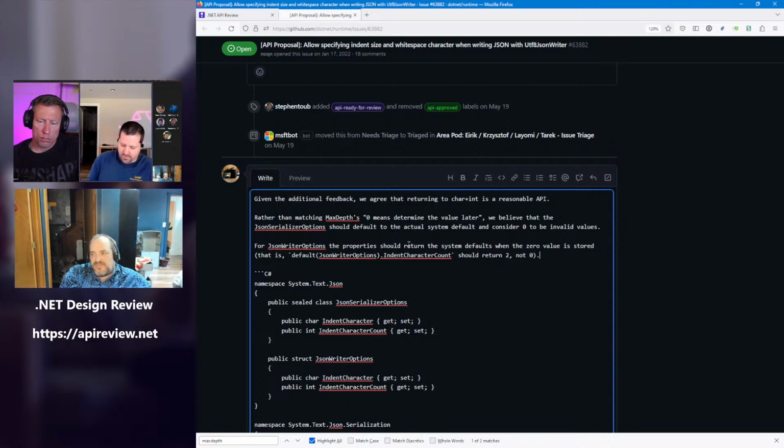So from what I gather, one of the reasons that was seen as bad is because it would be difficult to use span.fill under the covers. And now we would have to say, okay, we're writing out this series of bytes every single time there's an indentation level. Granted, that can be optimized. It can always be turned into an integer under the covers, but it wouldn't be .fill, so it wouldn't be vectorized. And people apparently care about that. But the JSON writer can trivially cache and track the two most common string types for indentation and optimize it. Of course, it's not going to prevent the implementation.